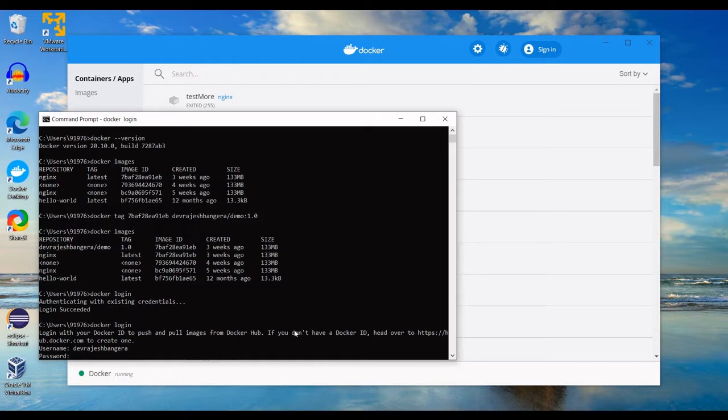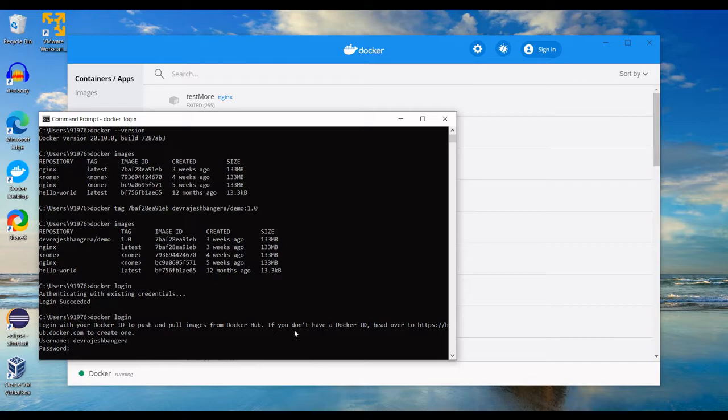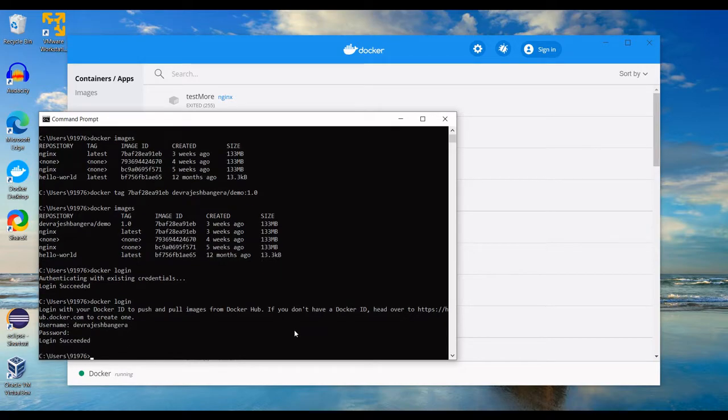Now this credential is of Docker Hub, right? So here we go, login succeeded. Okay, now we can push this tagged image to our repository.